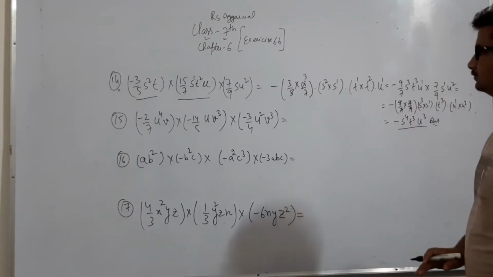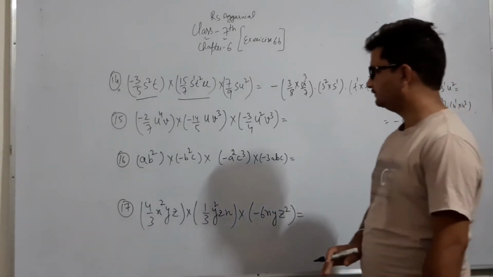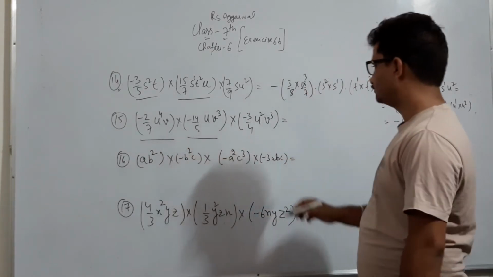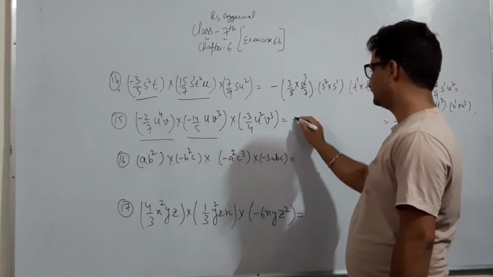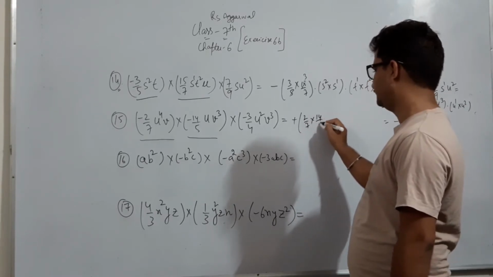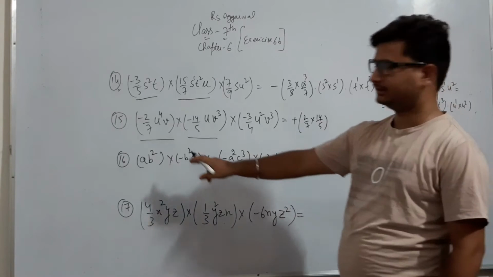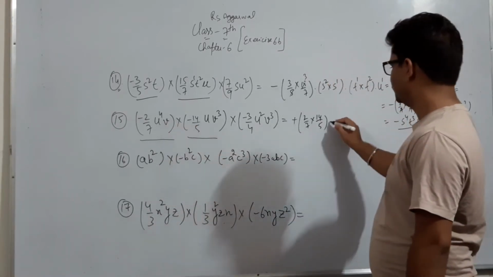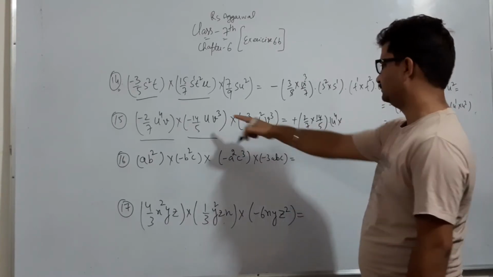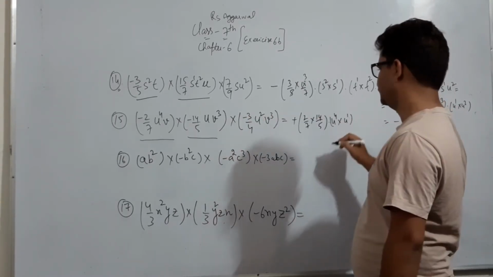Okay, after that we will do 15. In 15 we will first multiply the first two terms, so minus minus becomes sign, plus sign will come. Okay, multiply constants 2 by 7 into 14 by 5. Next take the variable u first, so here write u raised to power 4 into u raised to power 1 in the next term.